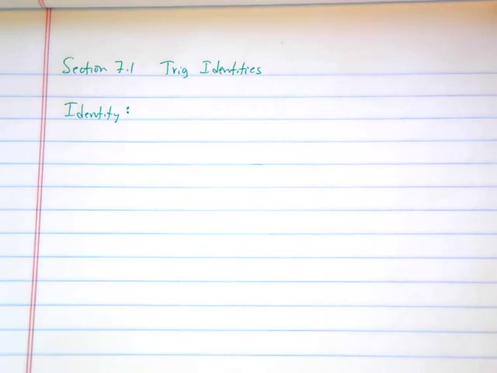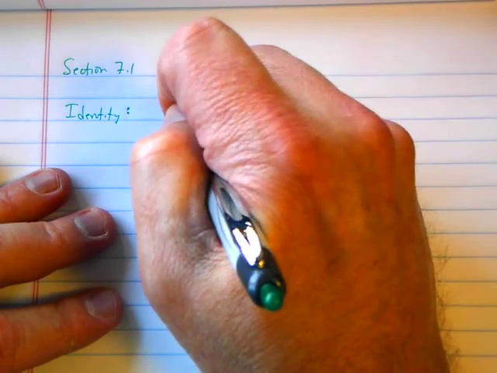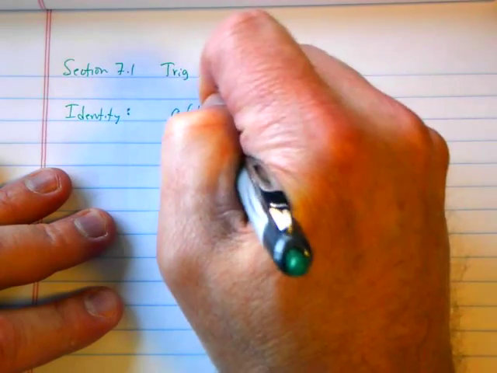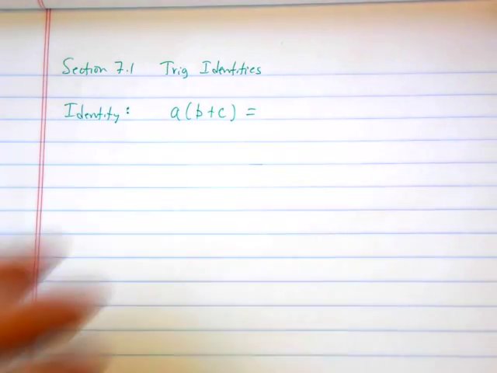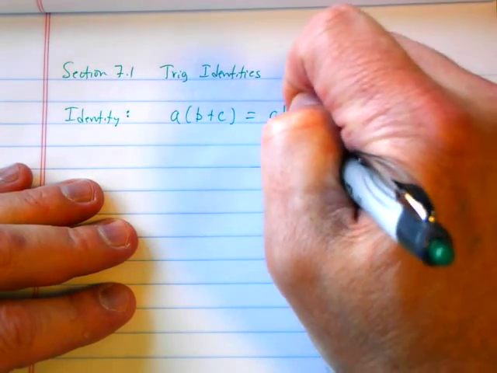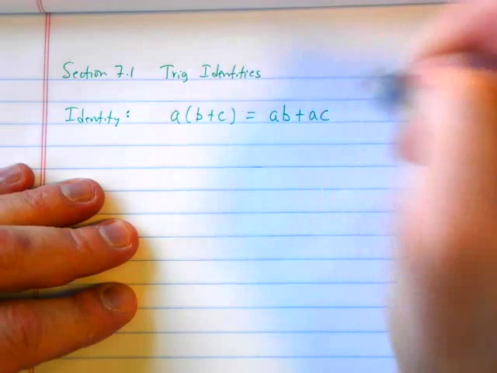Here's an identity. Not a trig identity, but here's one that you know. What's A times the quantity B plus C? How else could you write that? AB plus AC. And what did you use to do that? The distributive property. All right, this is usually called the distributive property or the distributive law, but it's also an